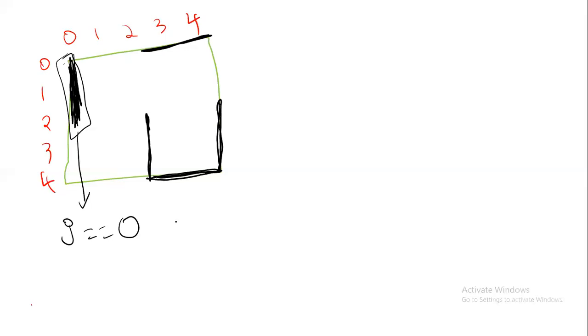Okay, so I'm not drawing the complete j equal to 0. I have to limit that j equal to 0. So I will use the and operator. If I use the and operator, the previous variable is j, so the opposite variable should come, that is i.